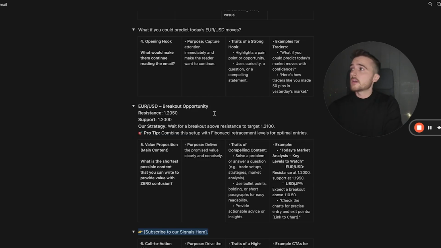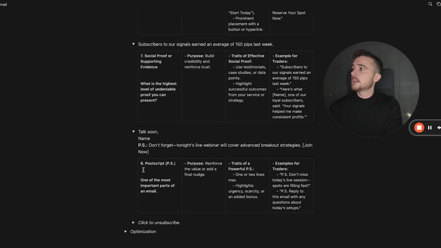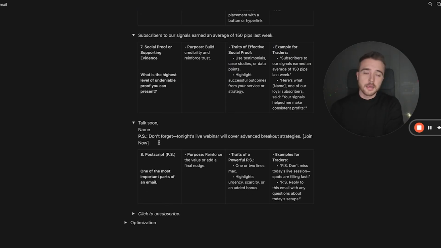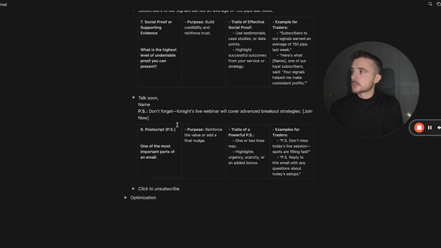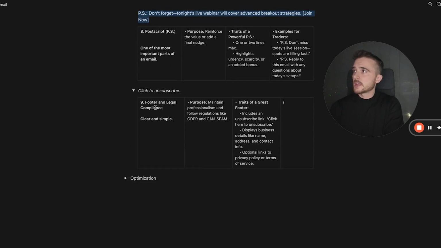And if you don't have any CTAs in your emails, you just deliver pure value. And at the end, you just invite them: hey, if you want, I'm not forcing you. There's just a list of 3 links or 2 links, things like that. If they want, they can click. If not, no worries. But the postscript is a huge opportunity in emails. And then below that, at the end,